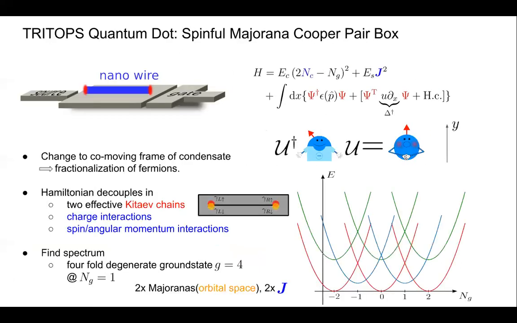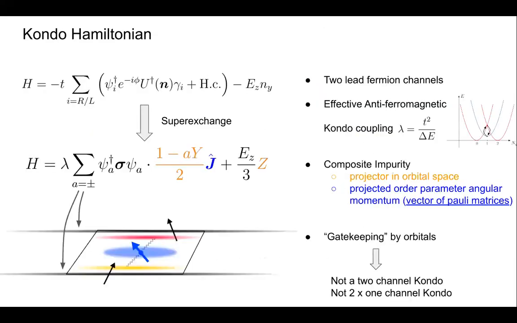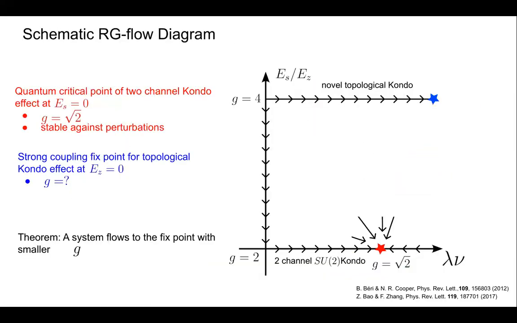I believe in the usual definition of the entropy. As I said, there is this theorem that says that usually you flow always to the fixed point of the lower G. That seems surprising to me. Or maybe the entropy is defined otherwise. No, I think it's just a thermodynamic entropy, but